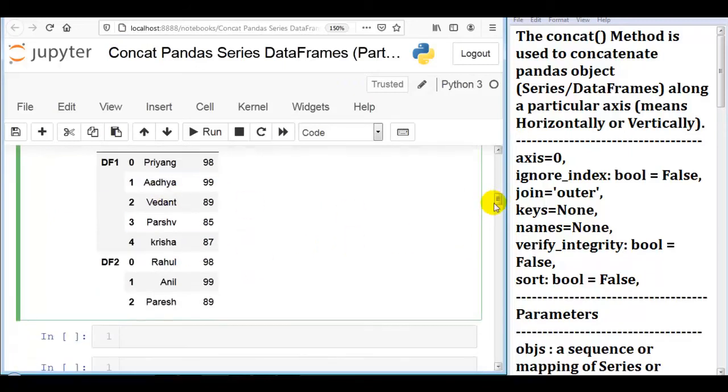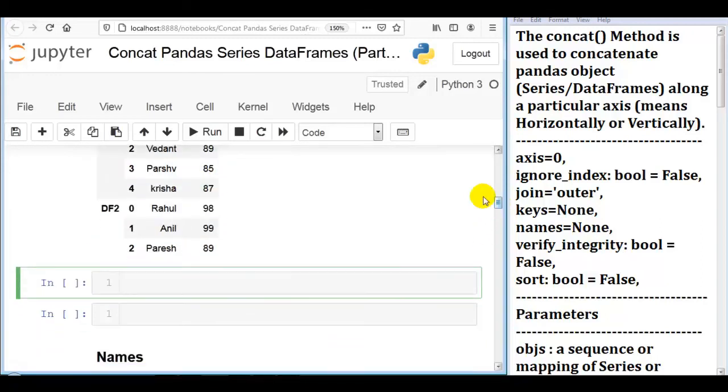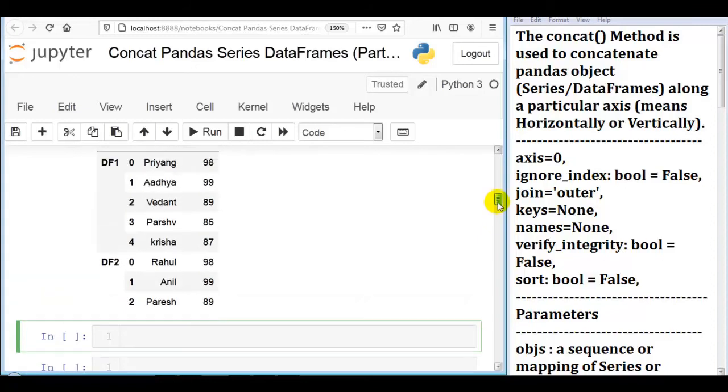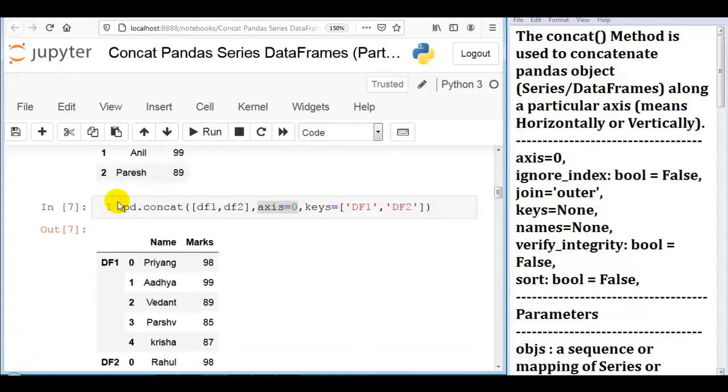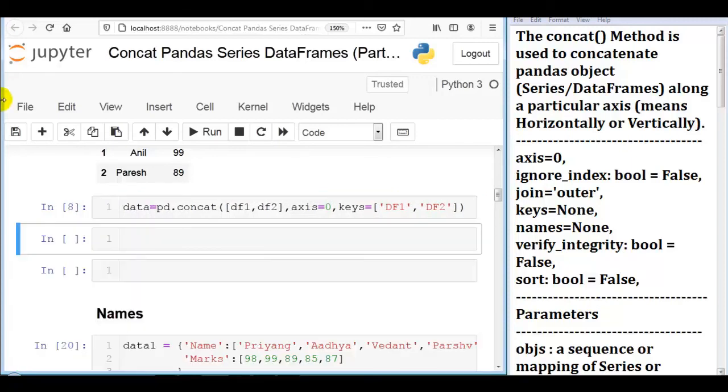Now as you can see, out of this original data frame, we want to access df1 and df2, our first data frame or our second data frame. For that, let me assign one variable to this statement, data equal to. Let me execute this cell.